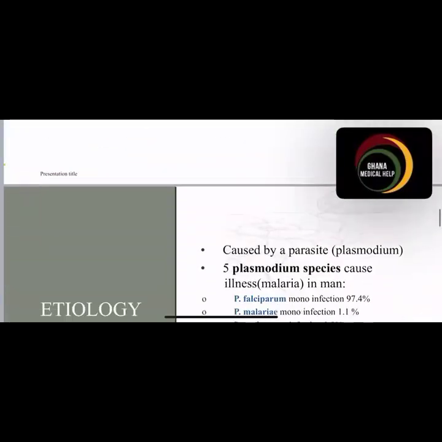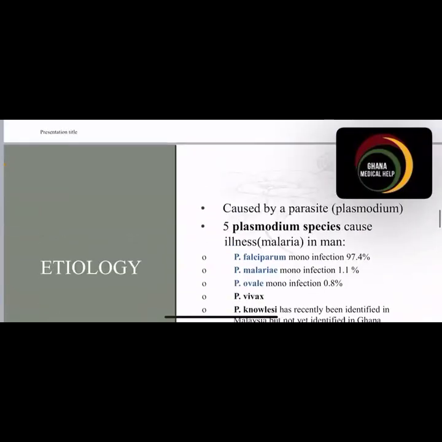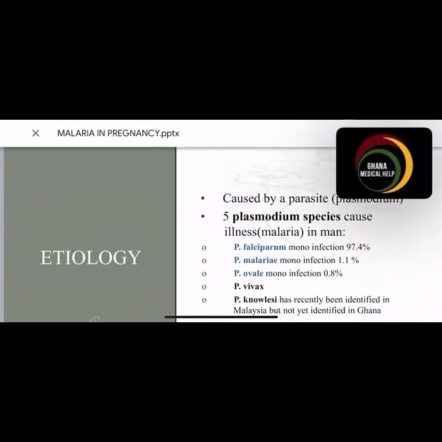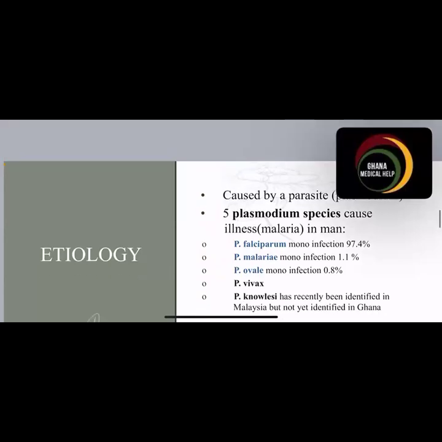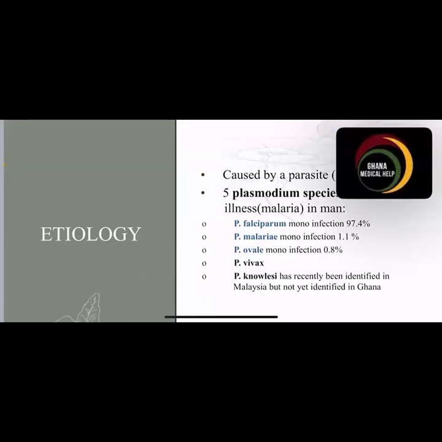So as you can see, it is not easy. When we talk about the prevalence, it's actually very bad. So the etiology, of course, is caused by the parasite Plasmodium, and there are about 5 species, but only one is not in Ghana yet. The Knowlesi is not yet identified in Ghana. But the stubborn 4 are already in Ghana. The falciparum is